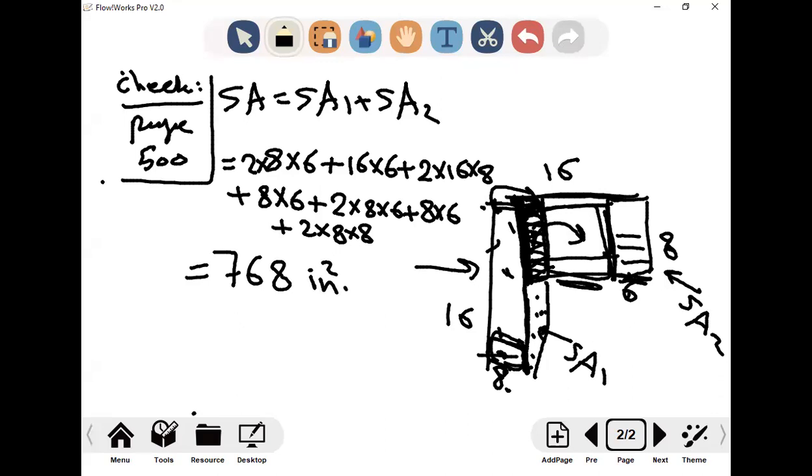Now, in the other class, here I divided it vertically, right? In the other class, I divided it like this, and we get the same answer. That's why I insist to divide it vertically, just to check. Because it's the same figure, either you divided it vertically or horizontally, still the same figure, so still the same